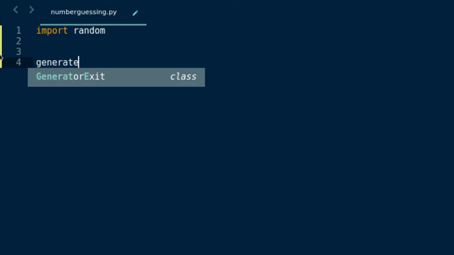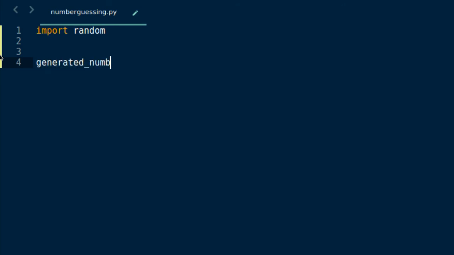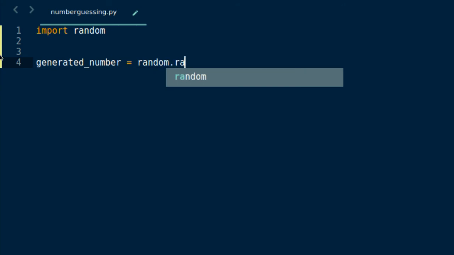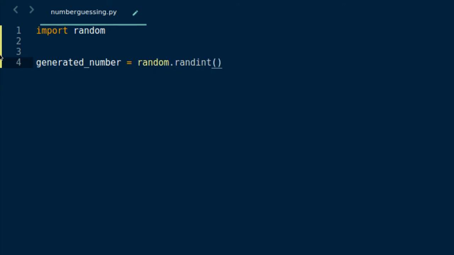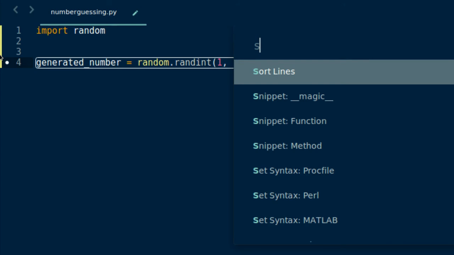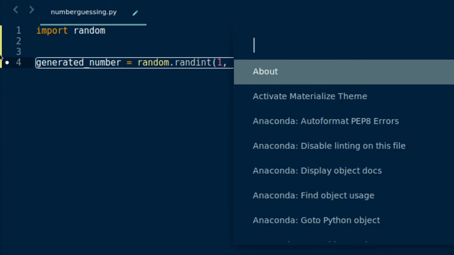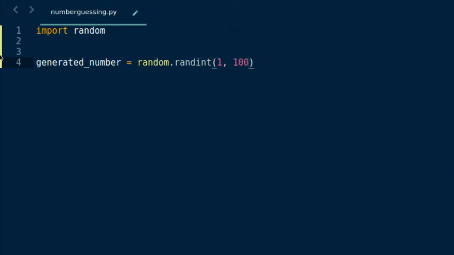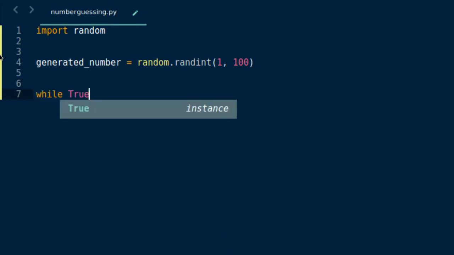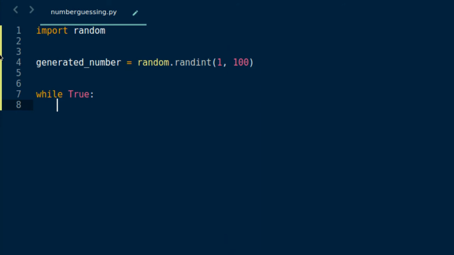So generated number is equal to random.randint, which is 1 to 100. Disable the linting so that I don't get fed up with the square brackets and all that. Now we'll enter the while loop, while True, and in here we will have